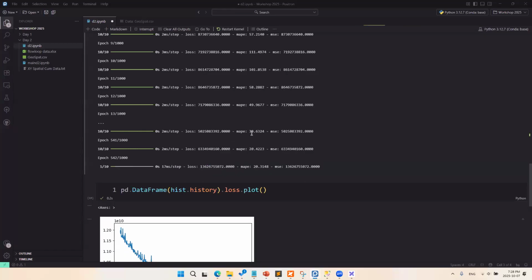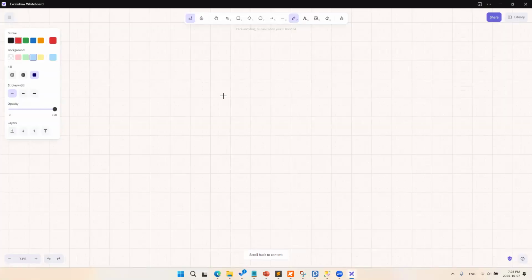You can see now we have something called a MAPE. MAPE is mean absolute percentage error. Let me show you the equation for MAPE so you know that. You will get the field observation, so field data minus predicted data from deep learning, divided by field data. And of course you need to multiply this by 100%. This is known as